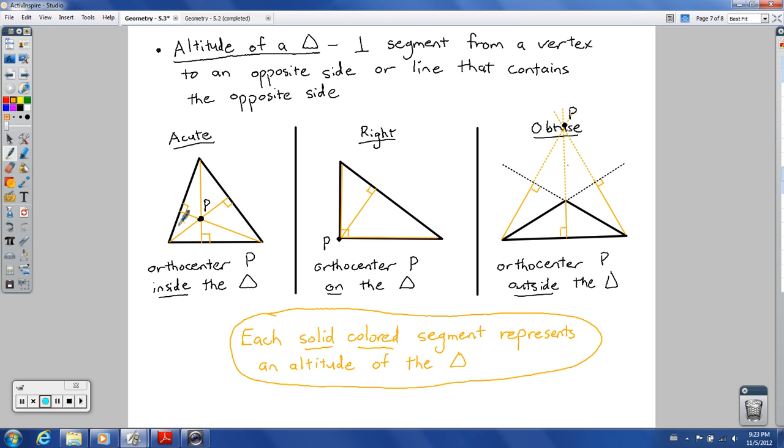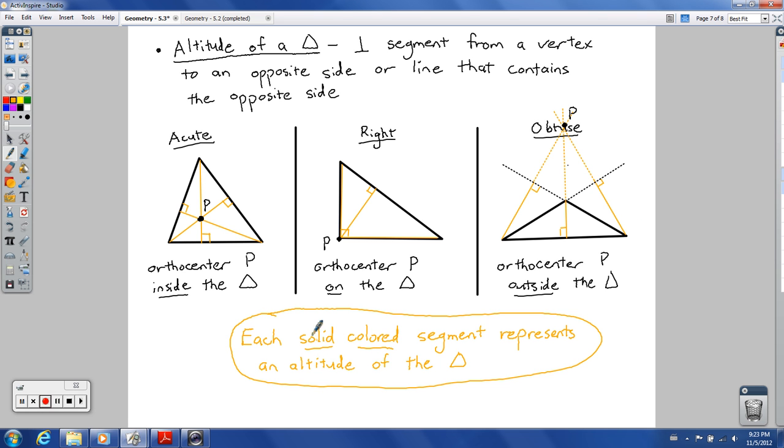So here's one altitude, here's another, here's a third. Over here you've got 1, 2, and 3. The altitudes over here are actually just from here to here, not from here all the way to here. So it doesn't include the hidden part line. That's why I underlined solid and colored. So from here to here is one altitude, from there to there is one altitude, and from here to here